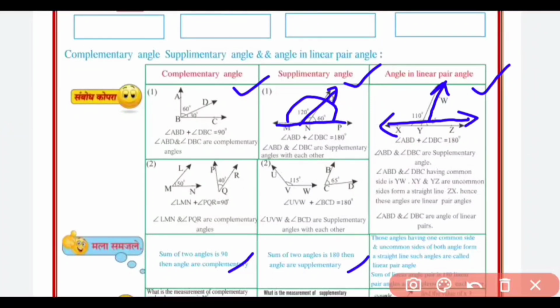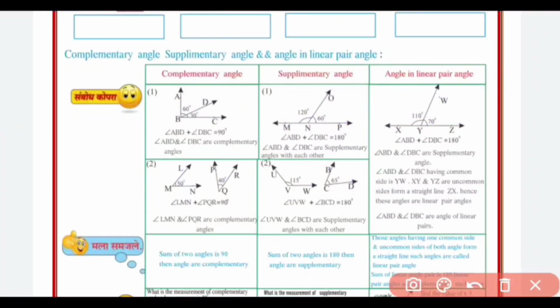So sometimes the angles in linear pair are also given and two separate angles can be also supplementary because their total is 180 degree. You can see here 115 and 65 degree is 180 degree. So these are the supplementary angles. And in complementary angles their total is 90 degree. You can see in 90 degree angle one common arm is there and they make total 90 degree, and that's why they are complementary angle. And here 50 degree plus 40 degree, again they are complementary angle. So angles having total 90 degrees complementary, angles having total 180 degrees supplementary.